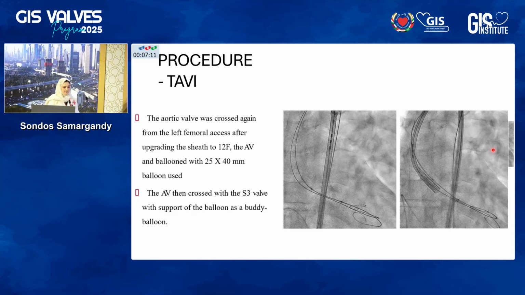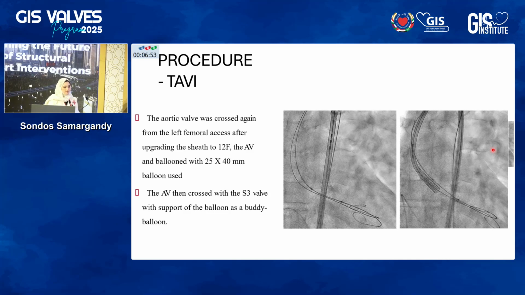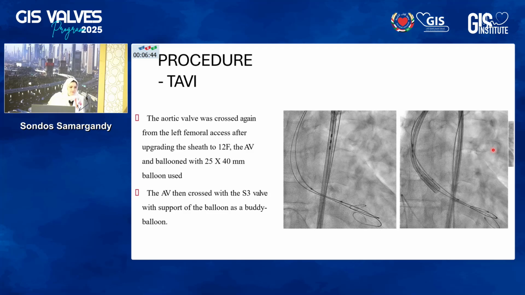And the balloon support is to inflate the balloon even if it is partially, and slide the valve while the balloon starts to deflate, before deflating completely, because the recoil mechanism may be the mechanism that stops the valve. So it's inflating the balloon, deflating the balloon slowly, and while deflating, advance the valve. This may help. So we upgraded the balloon to 25, from the contralateral side with a 12 French, and we ballooned,